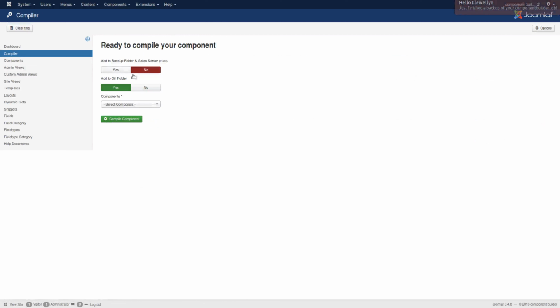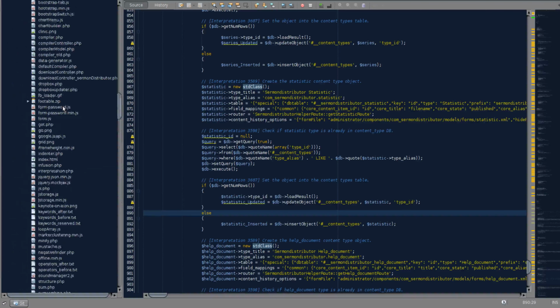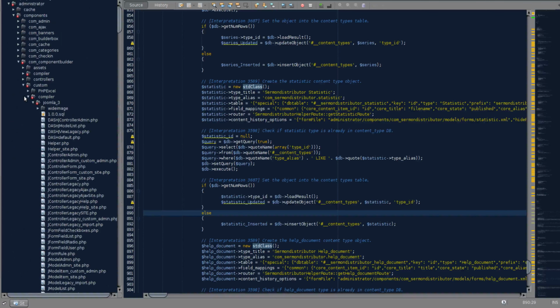Now this whole view is done outside of Component Builder. This is just a hand-coded little script that kicks off a bunch of events. Now it needs a model, it needs a controller, so I wrote that manually, hand coding. And it also needs a view, and so basically the view and everything in regards to it, if you look at my infrastructure of Component Builder, you would see that I have, let me just look at this compiler,